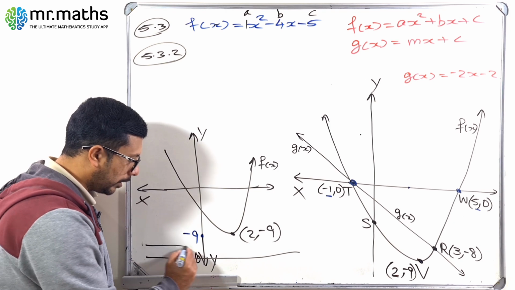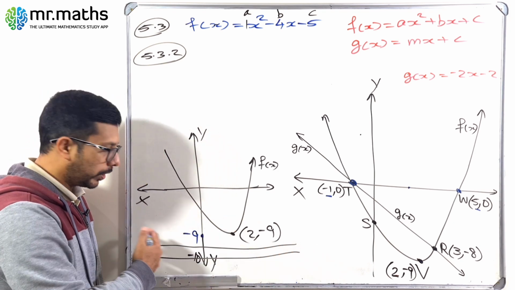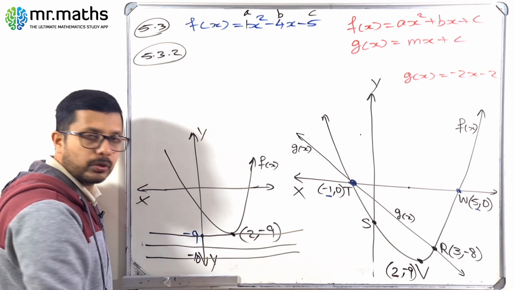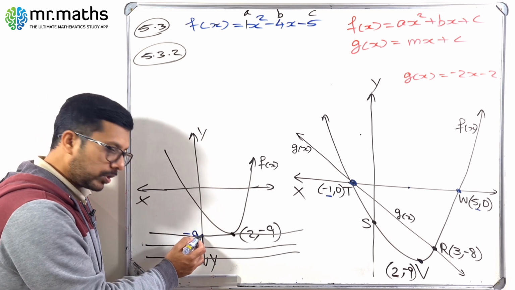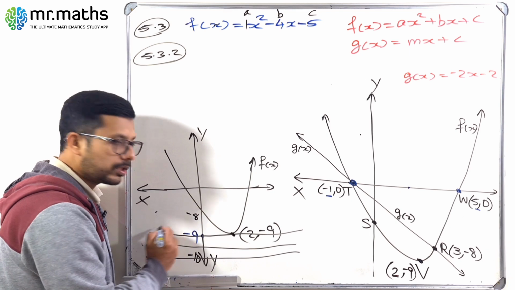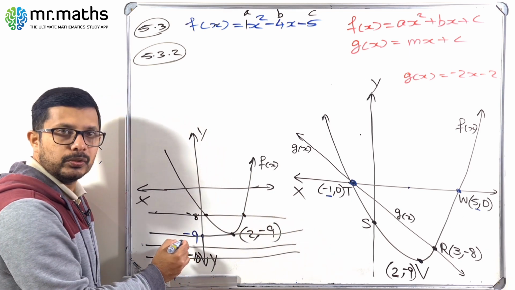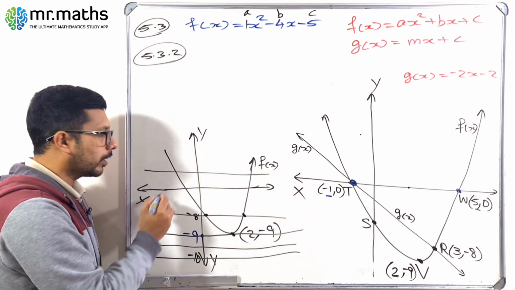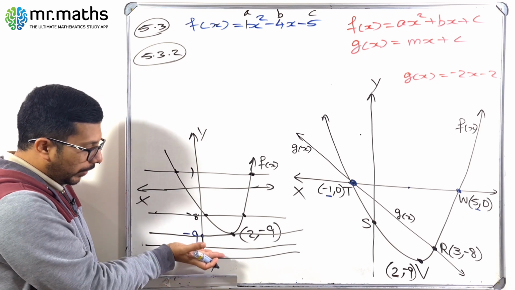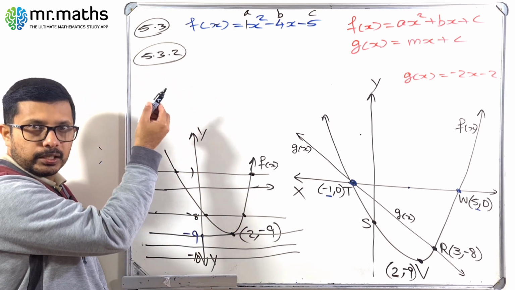Am I right? If I take a y value here, 9.5, can I get any point on the graph? No. But if I take -9, I can see one point. So the first y value I got is from -9. But assume that this is -8. If I take -8, I can see there are 2 y values. Similarly, here positive 1, I can see there are 2 y values. So if I take any y value from -9 upwards, greater than -9,